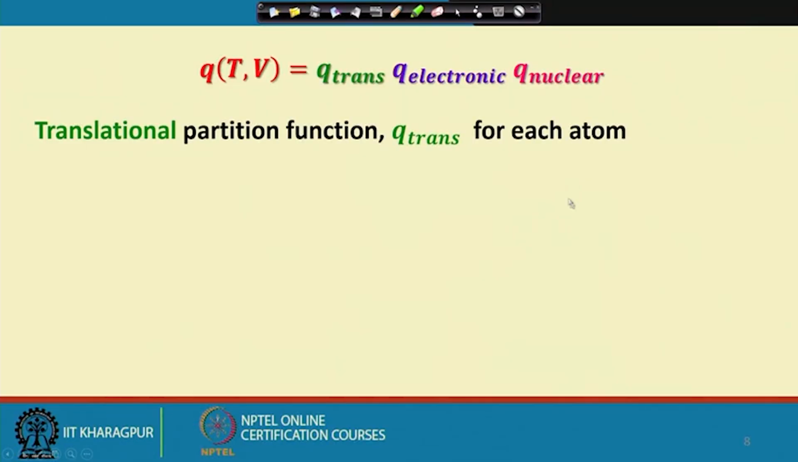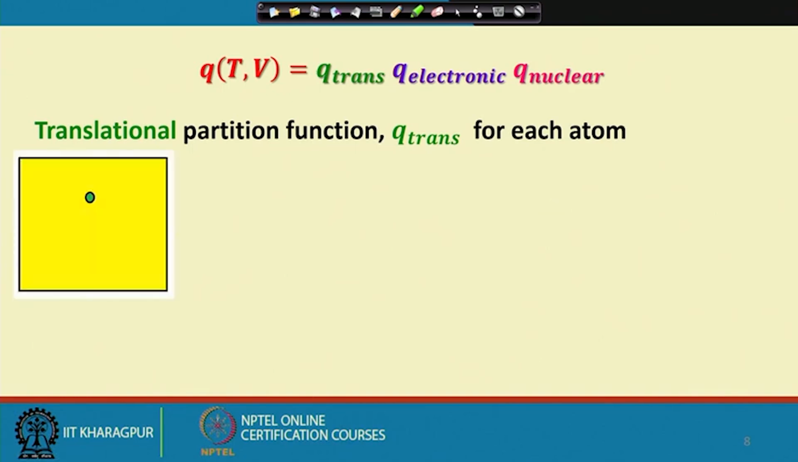So, let us continue our discussion on the statistical thermodynamics of a monatomic ideal gas, where we are looking for the single particle canonical partition function, small q, as a function of temperature and volume. And we have already discussed that this small q has three different contributions: one from the translational motion of the atom in the box, then from the electronic and the nuclear structure associated at the microscopic level of each